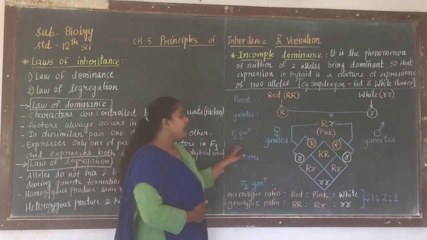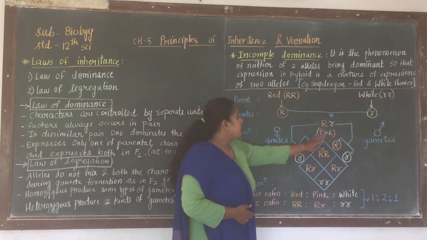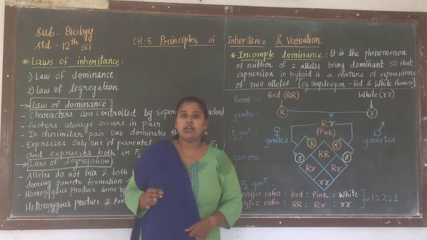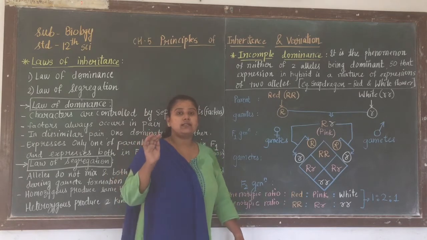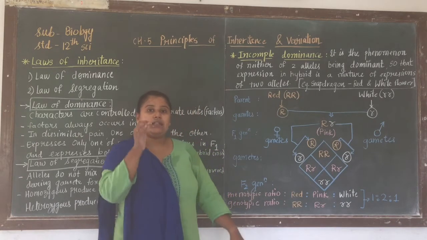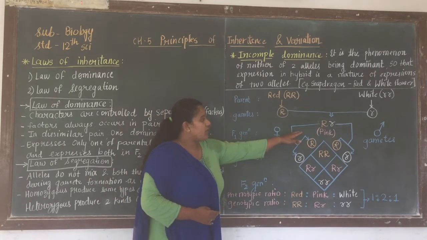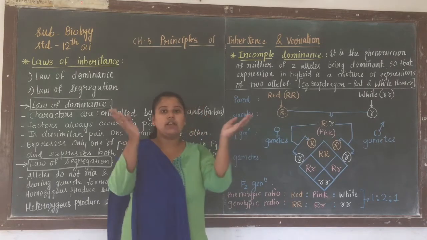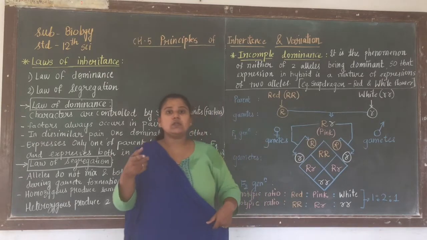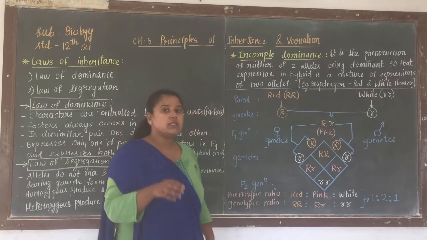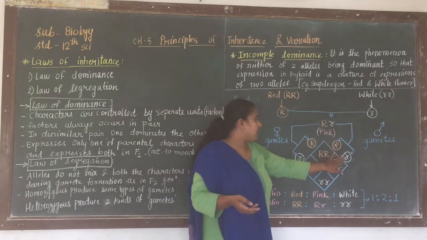When we separate these gametes into male and female, we use a Punnett square to understand and get the exact ratios, that is the phenotypic ratio as well as the genotypic ratio, to see the results of the F2 generation. In the F1 generation we got pink color. Now we are going to do selfing of them. One capital R, small r fuses with another capital R, small r. For this reason we get four gametes: two will be capital R, small r, and the other two will be capital R, small r, right?